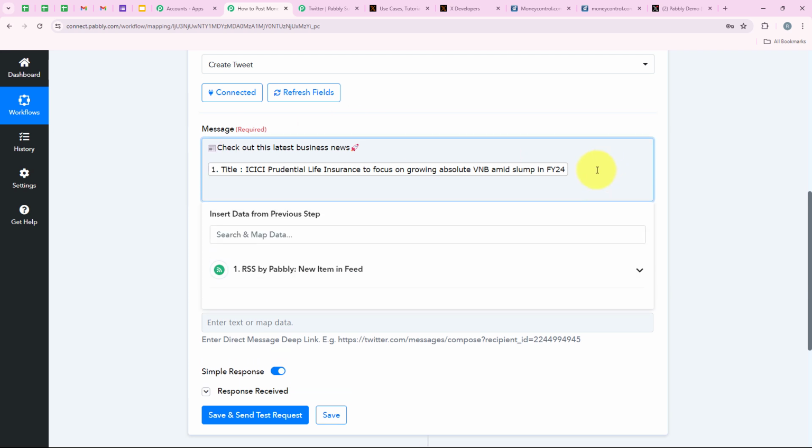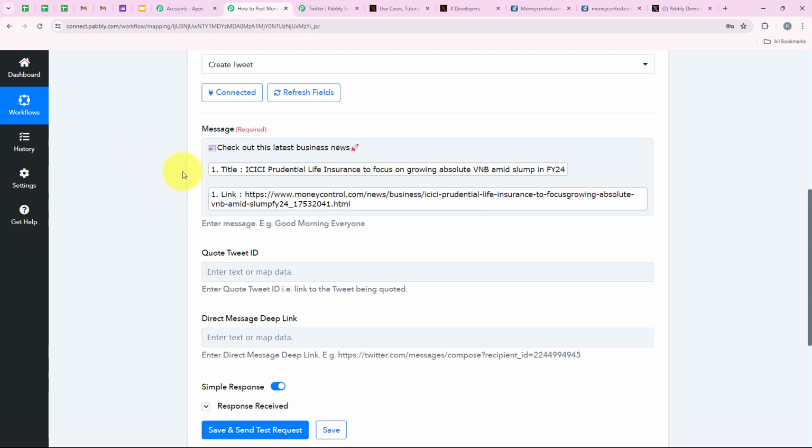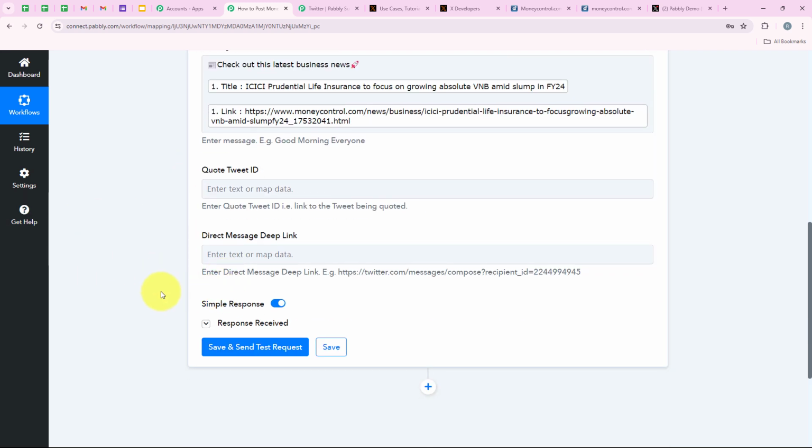So as we map the title, we are going to map the link too, and over here you can see the link, so we are going to map this too. And now it has become check out this latest business news, and over here you can see the title and the link. And now after doing all of this, we are going to move on forward. It is asking me for the code tweet ID and the direct message deep link. So as you can see, these are not required fields, so I'm going to leave them blank. If you wish, you can definitely fill this out, and then we are going to click on save and send